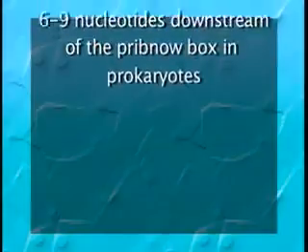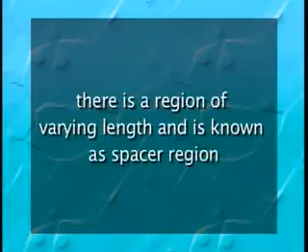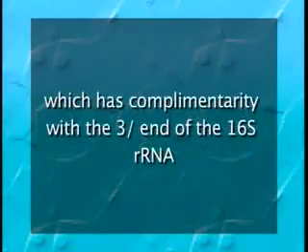It is located between 6 to 9 nucleotides downstream of the Pribnow box in prokaryotes. Following the transcription start site, there is a region of varying length known as the spacer region. In prokaryotes, it is followed by a region which has complementarity with the 3' end of the